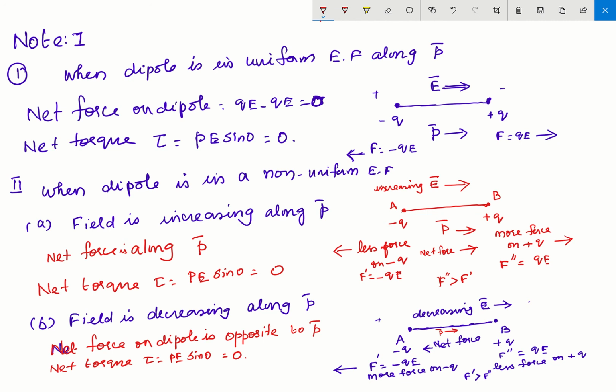This is about the torque experienced by an electric dipole in a uniform electric field. Okay. Right. Now,